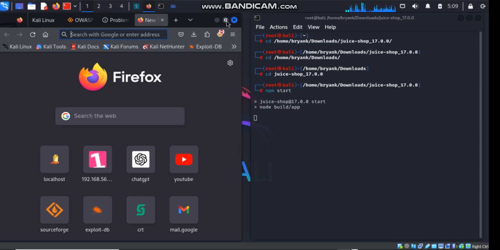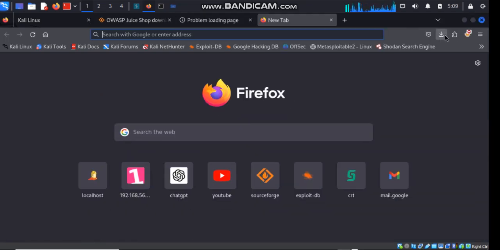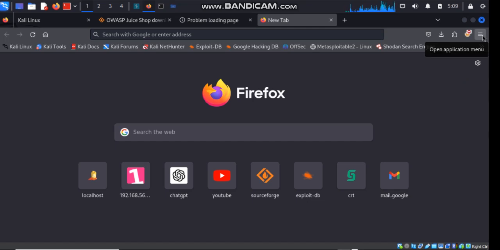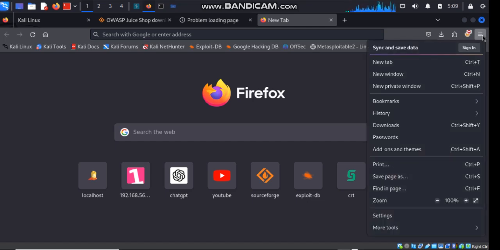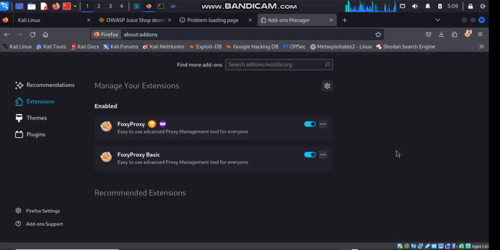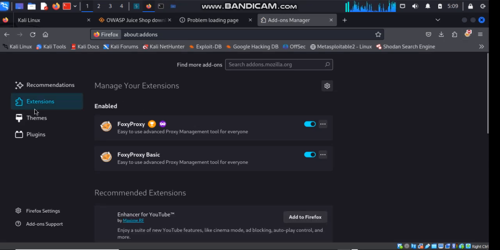I want to increase the web browser so that we could have a bigger view, while the npm is working in the background. So this is where the extension is. When you click it, you'll find extensions. Now, the faster way to find your extension is, if you go to the menu, I think add-ons and themes, it should be there. Let me check, but normally I go to the extensions. When you go to the menu, you click on the add-ons. Once this add-ons page comes up, you see recommendations, extensions, themes, and plugins.